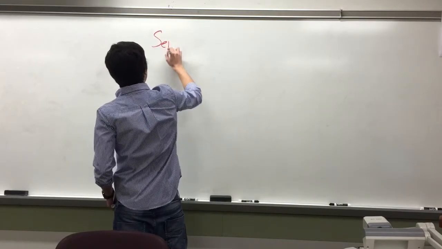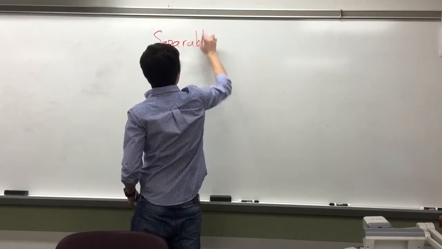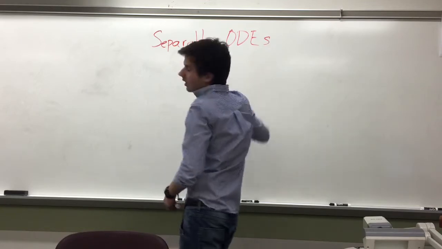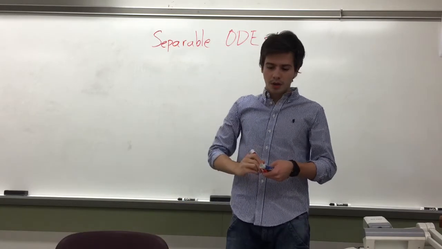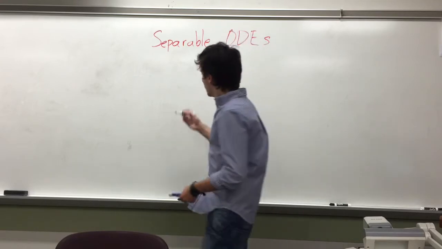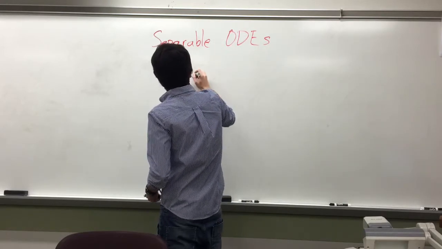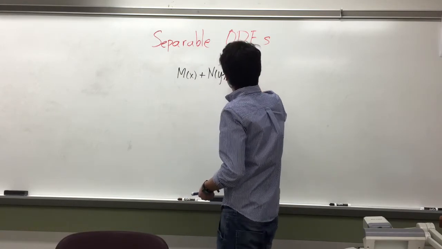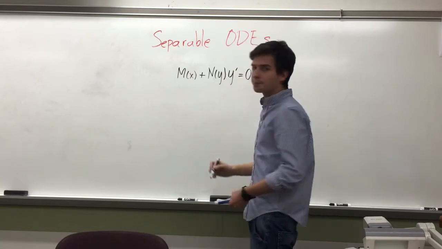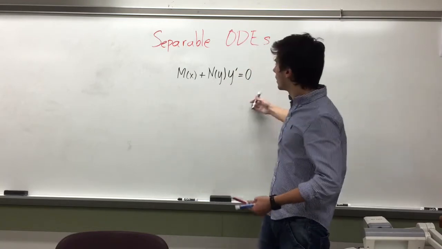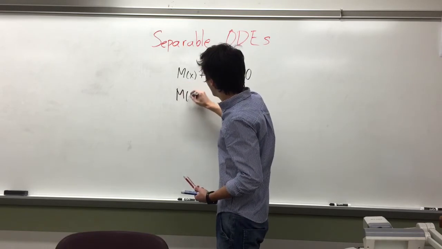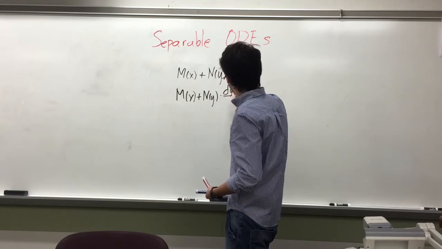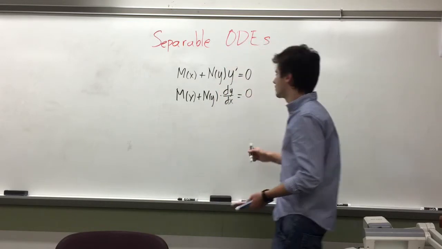So, separable ODEs. So a separable ODE, as we can recall from last time, has the following format: a function of x plus a function of y times its derivative is equal to 0. And we can rewrite this expression in the following form: m of x plus n of y times its derivative is equal to 0. Just this change in notation